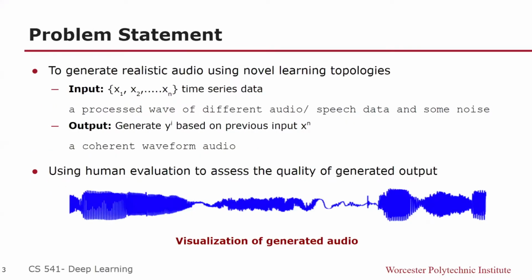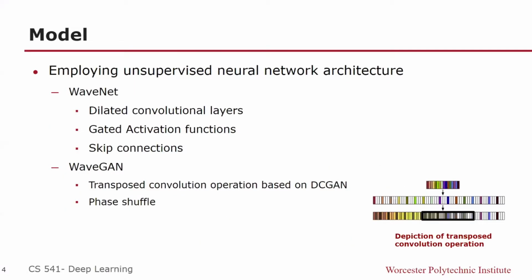We aim to generate realistic audio samples which sound like a specific person using novel adversarial network topologies, and also to use human evaluation to assess the quality of the generated coherent sentences. We do that by implementing two unsupervised neural network architectures. One is the RNN-based WaveNet architecture, and the other is the GAN-based WaveGan, which is a transposed convolution operation based